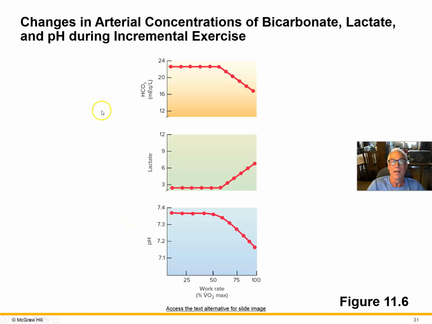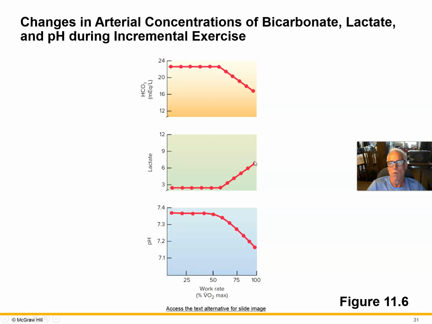So here's looking at the concentration of bicarbonate. What happens when we increase exercise intensity? We have the lactate threshold. We saw that way back when. It's when the lactic acid starts to accumulate because we're getting into more anaerobic glycolysis in those type 2X muscle fibers, and it's starting to show. We're starting to take the lactic acid out of the blood more slowly. We're starting to produce more lactic acid and so forth, and we reach the lactate threshold.